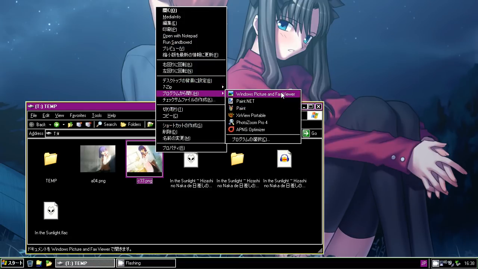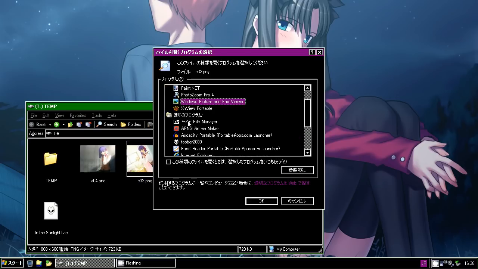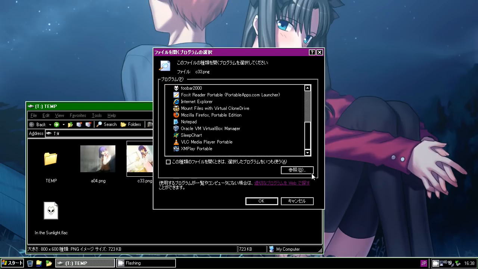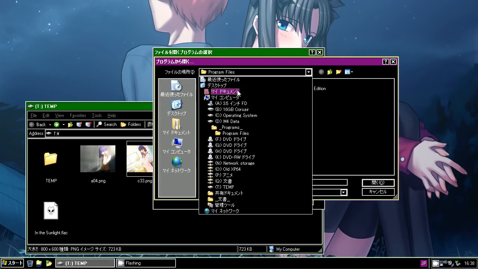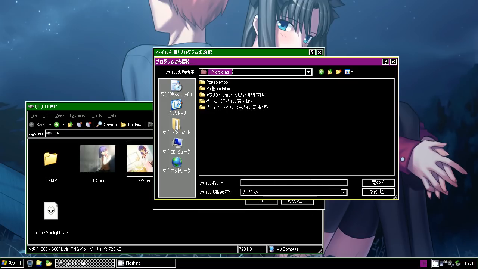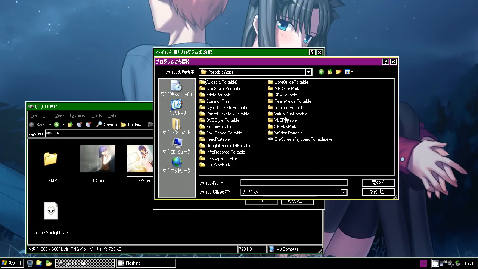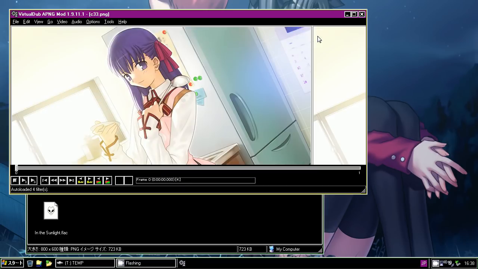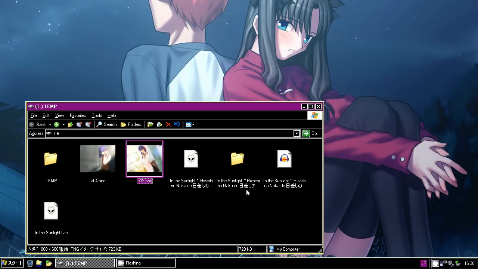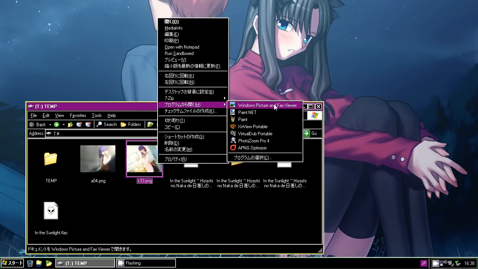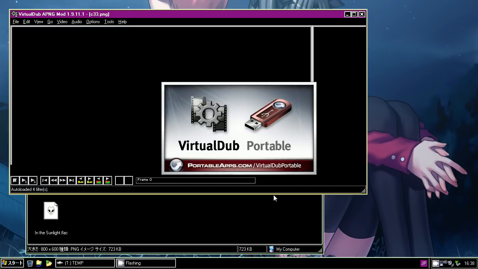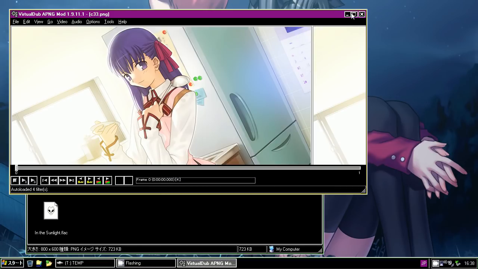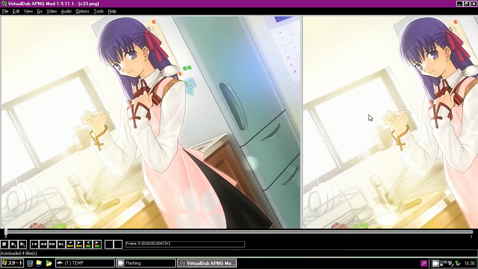Take a PNG. Can I open a PNG in VirtualDub directly? Science, people. Gotta find out. Because this way is actually much easier. VirtualDub. VirtualDub Portable. Okay. Oh, it does work. Okay. That's good. So you get an image, and you do the whole right-click, open with VirtualDub. I usually use portable versions. It's just easier for me to manage. You got your image.